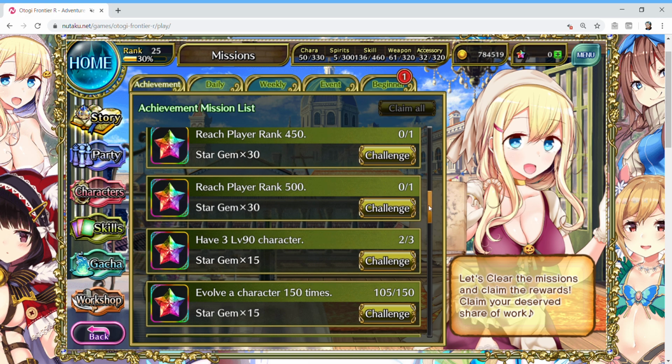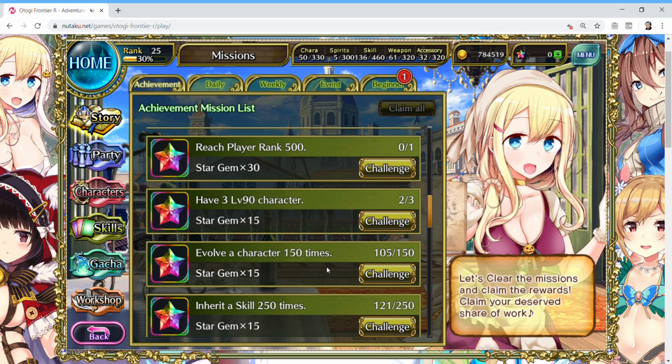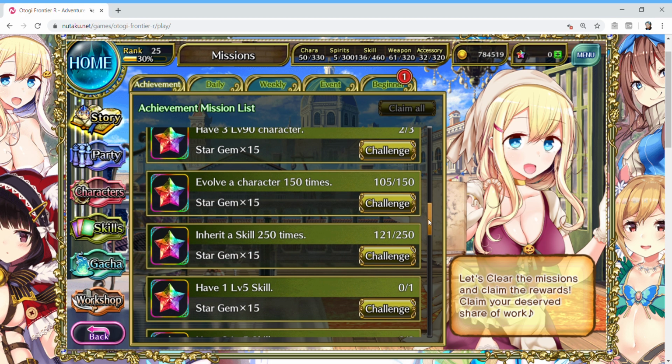You will start evolving a lot of characters. I've already done quite a lot of evolution, so there you go. I've already done a lot of skill inheritance. I'm getting close to getting another level 90 character. If I really truly grind it out, I can get 4 level 90 characters right now. I just don't want to do the water missions that much because it involves getting 2 Otogi stone drops from that, and then both events I gotta get all the Otogi stones from those, so